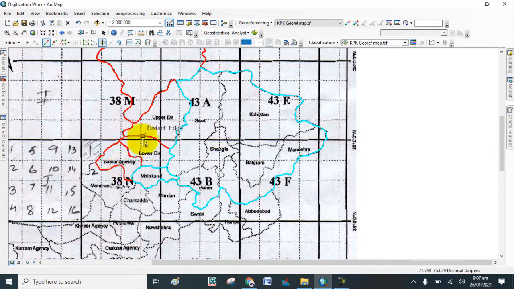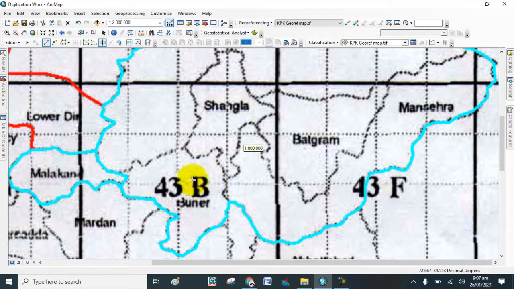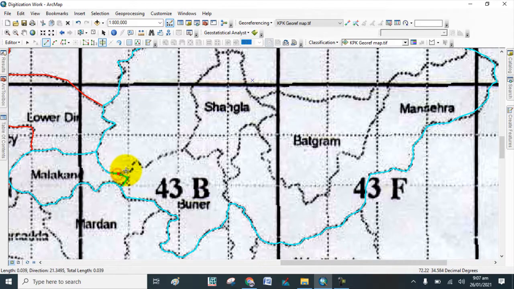These districts are digitized by the Cut Polygon tool. By the same process we can digitize these districts. You can see that I am going to digitize this district.